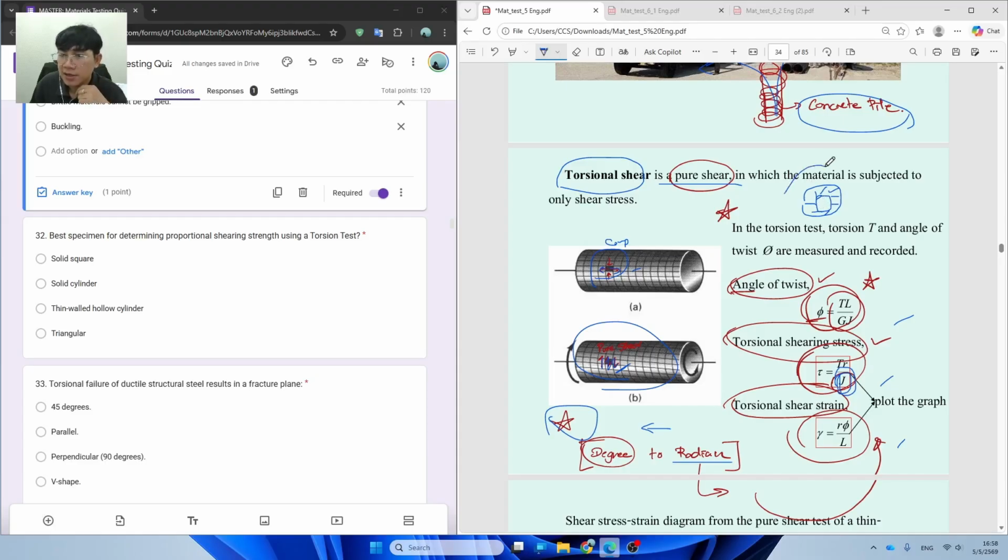Okay, so when we apply the torque like this T, we don't want the interior to provide some friction, and if the shell or the outside diameter is small enough, we can make sure of the shear strength directly from the tensile test of the